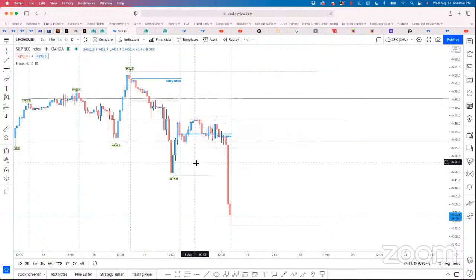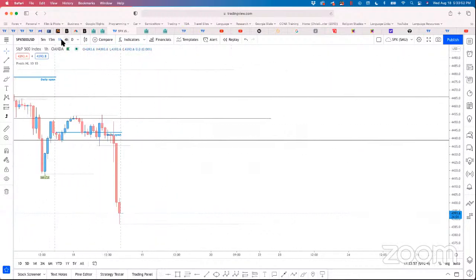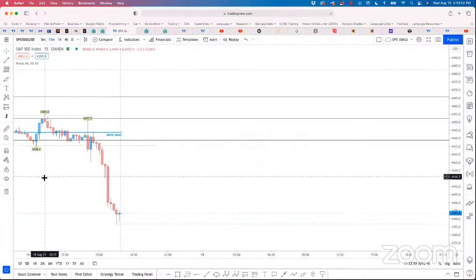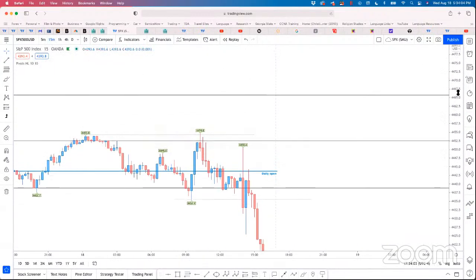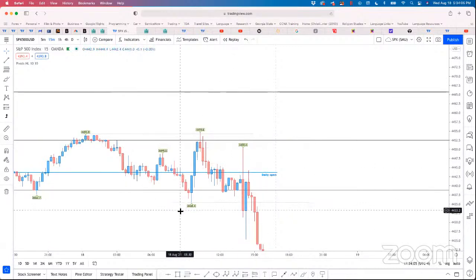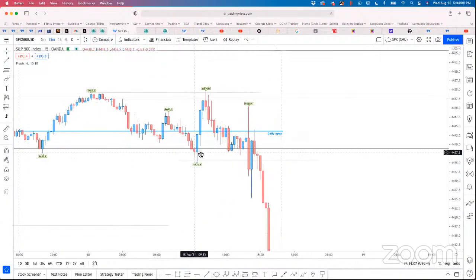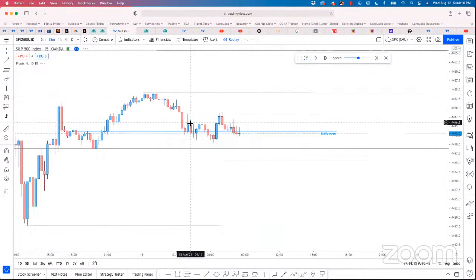So let's zoom in again. Let's go to the 15-minute. So now that we established where our highs and our lows are at this given time, now we can use a replay tool. When we came into the market, we were here,